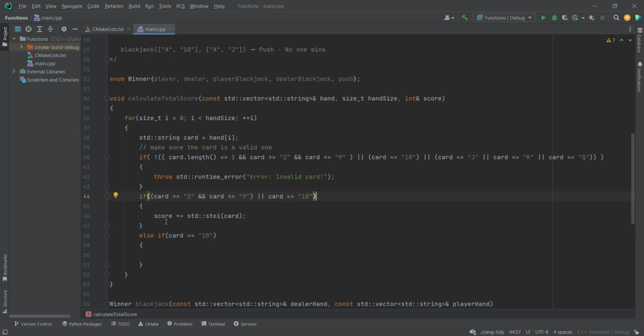Yeah, exactly. So if it's equal to 10, then we simply do the string to integer. This is called string to integer conversion, and then we get the integer value from the card. So the next one will simply be this part right here. If card is equal to, you can actually just copy it. So if the card